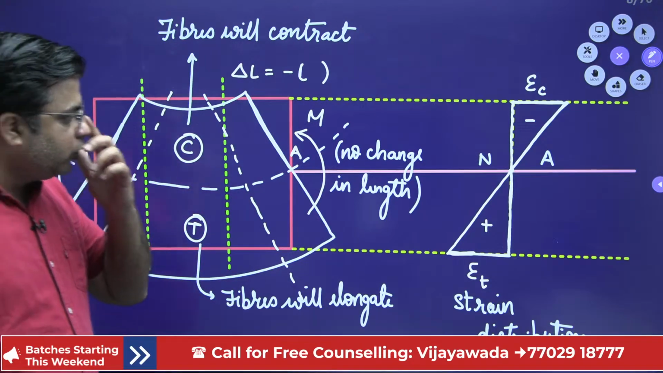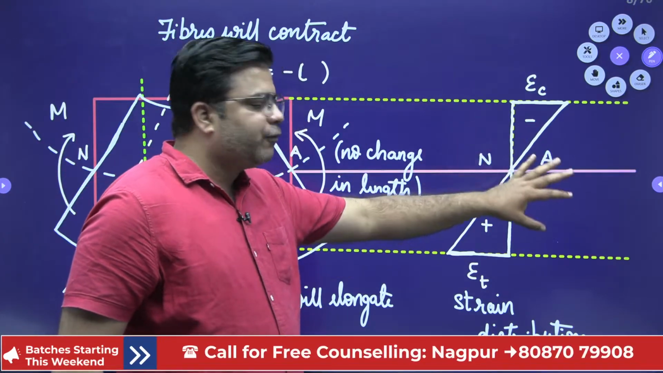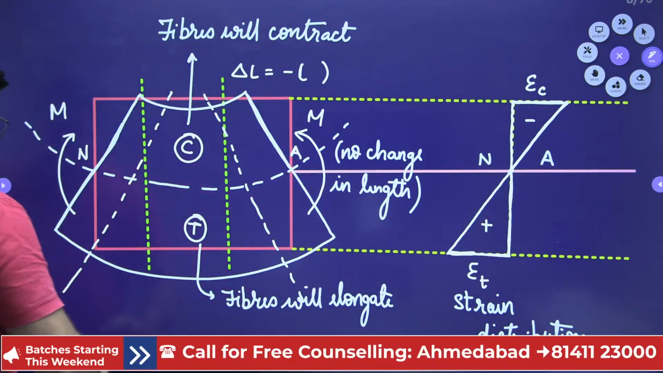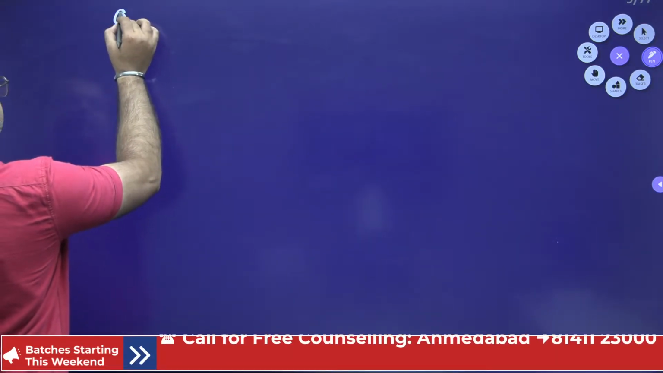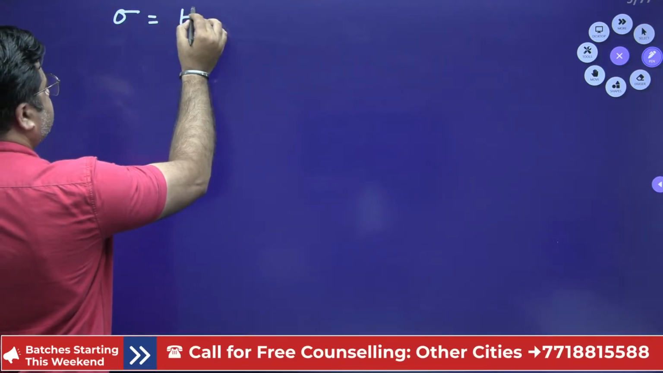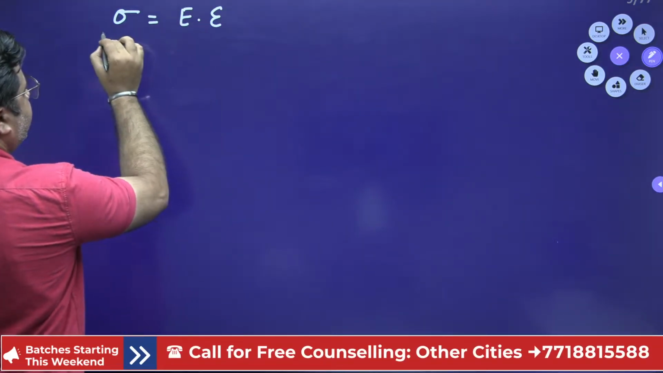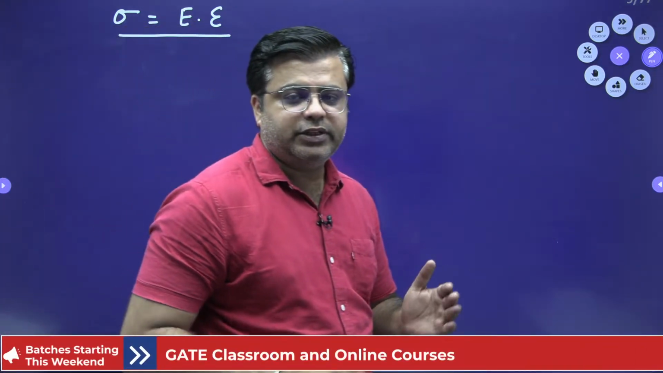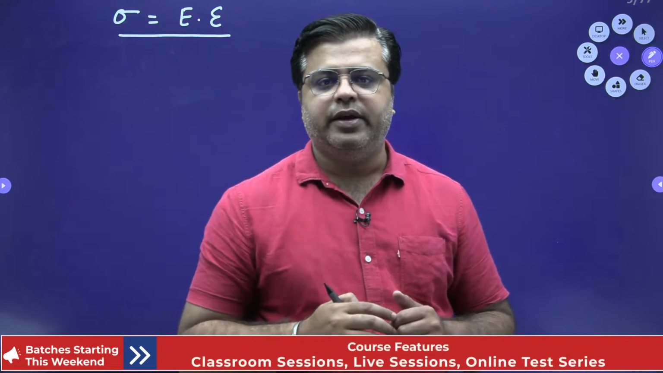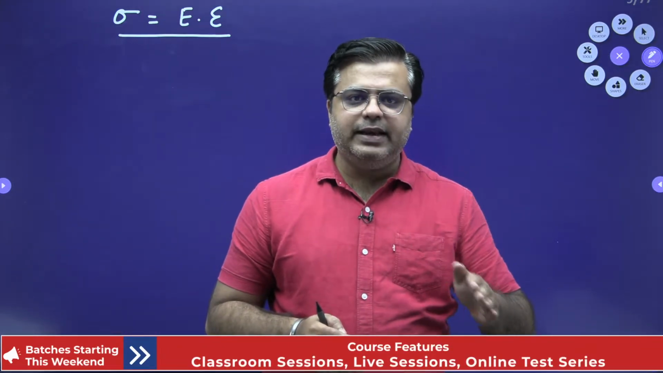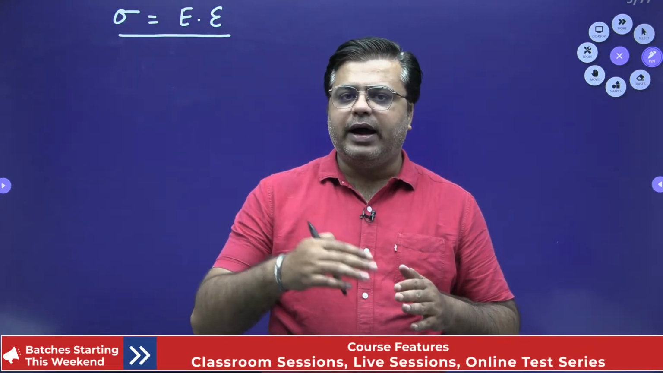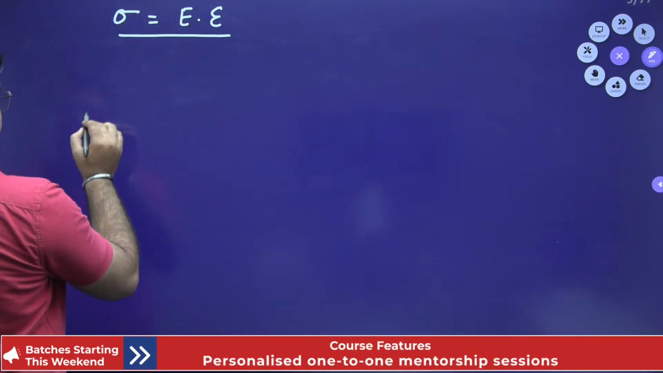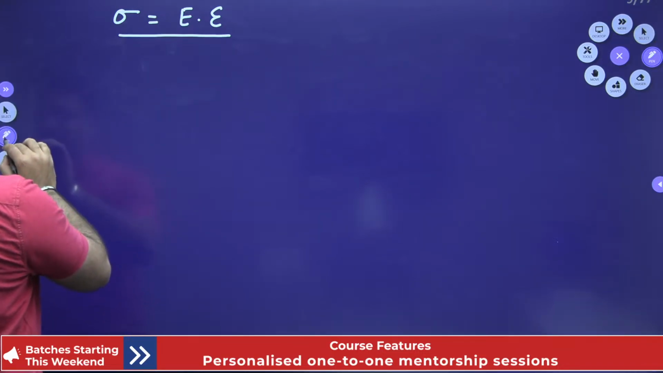Now, if I have to draw the stress diagram from this strain diagram, how can I draw? So I know this stress is equal to E times strain, right? And it is a linear relationship. Stress is directly proportional to strain. So if strain is varying linearly, you are going to have the same variation for stress also. So again, if I draw this stress and strain diagram,